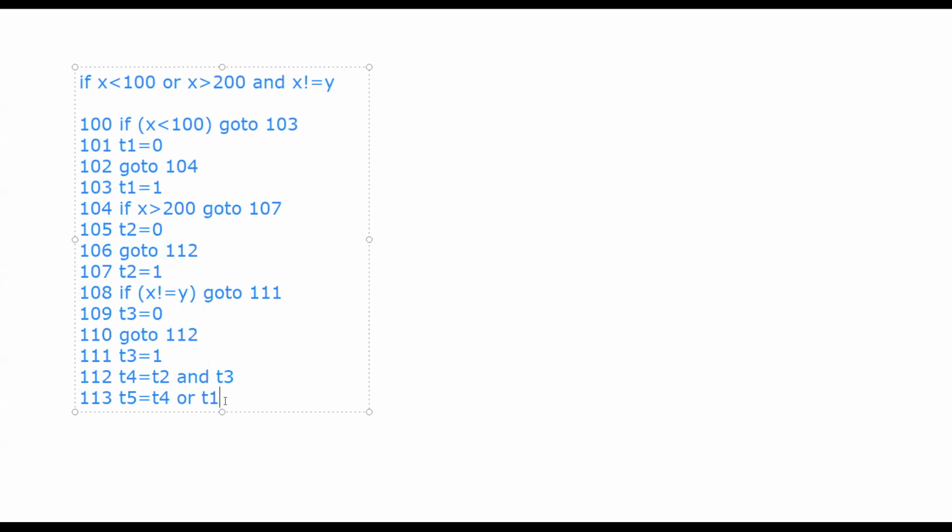So this is the code in the form of 3 address code. Now you can practice with the condition I'm giving you as an assignment: if A is less than B and C is less than D, or E is less than F. You can practice this and design the 3 address code for this Boolean expression. I hope this concept is clear to you, how to execute the Boolean expression or how to convert the Boolean expression into 3 address code.